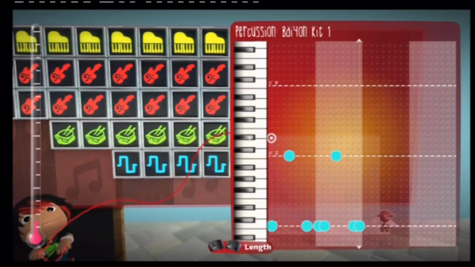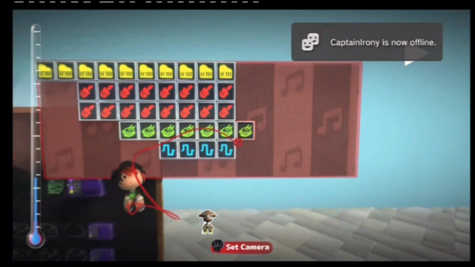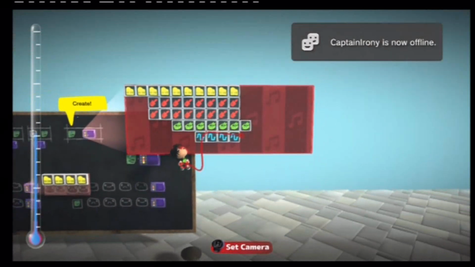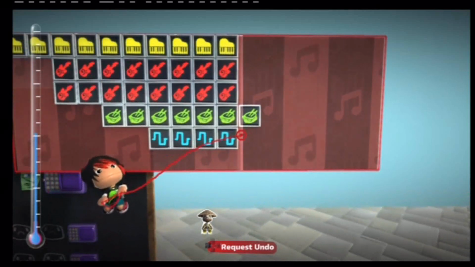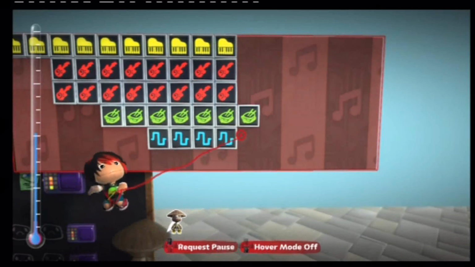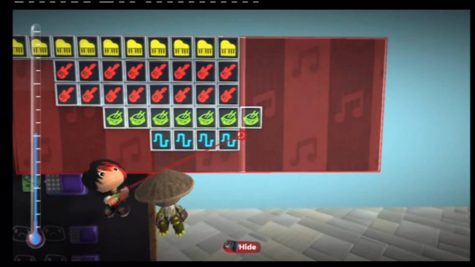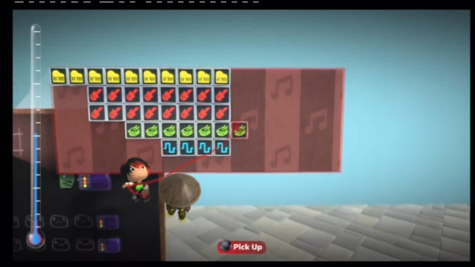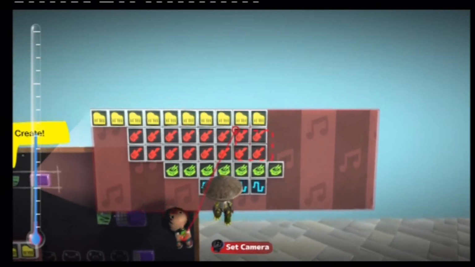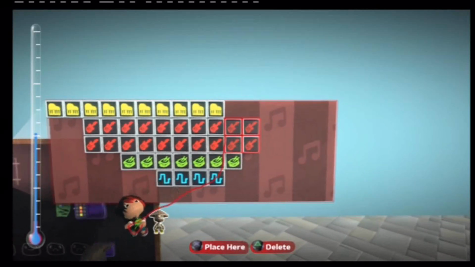Right, okay. This is what I tend to do. I tend to copy them over like so that we have a 4 beat, because most of my drum beats are only 2 beats, so let's just play that. What happened there? So now what we do is we copy everything over into the next,